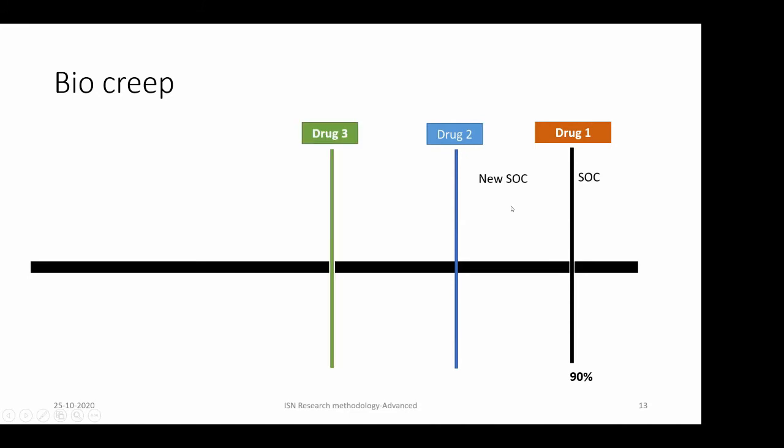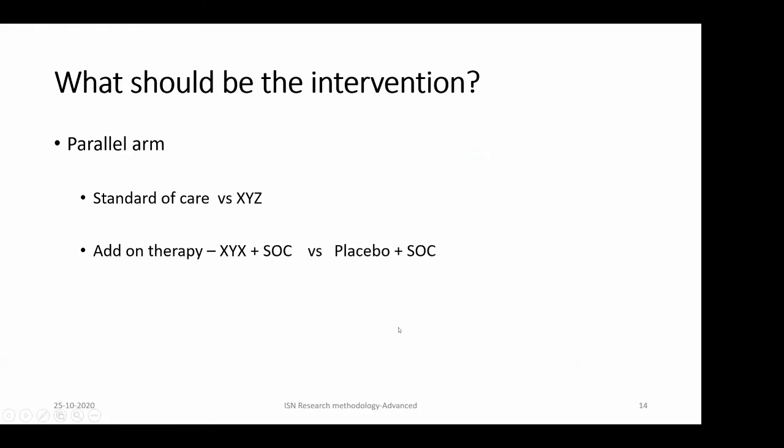So, what will happen in the long term? The original drug, which was effective in 90% of the population, might get replaced by a drug which is actually far less effective. So this is one important aspect of keeping on with non-inferiority design and the non-inferior drug becoming the standard of care. Yes, we will come to whether we should plan it as a superiority design or a non-inferiority design later.